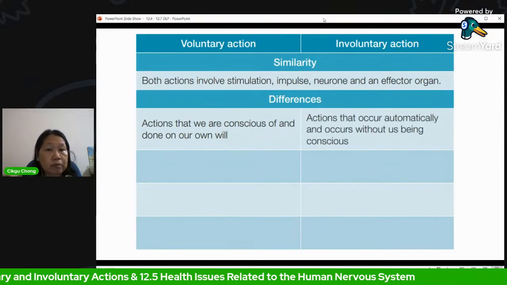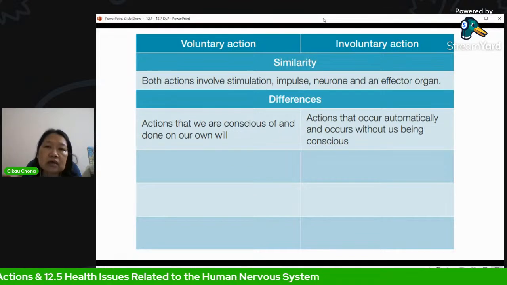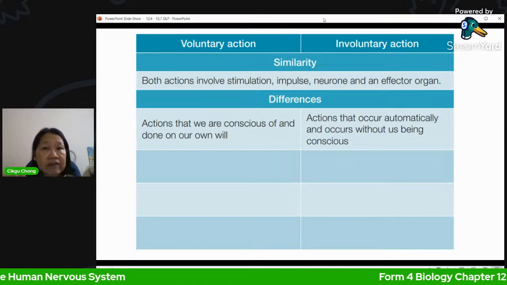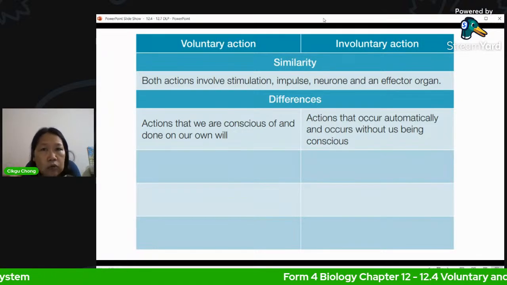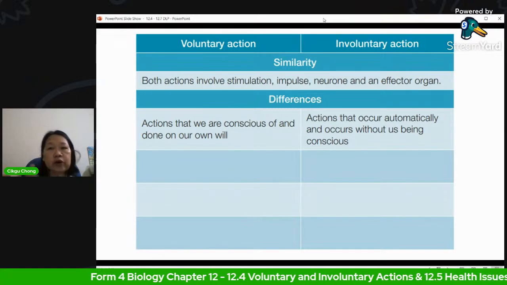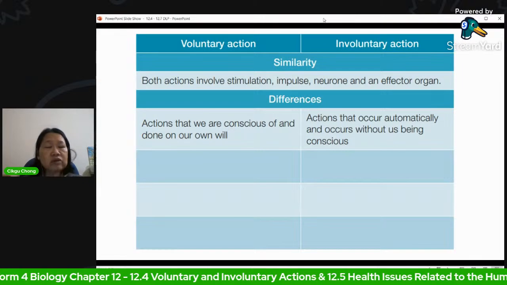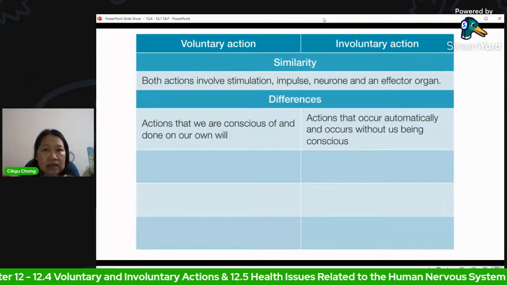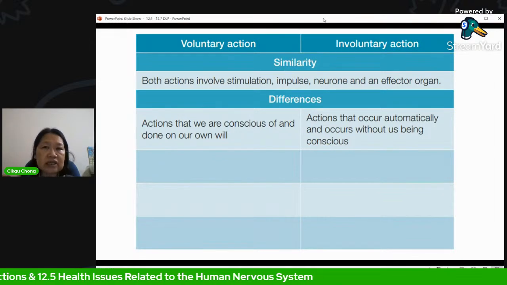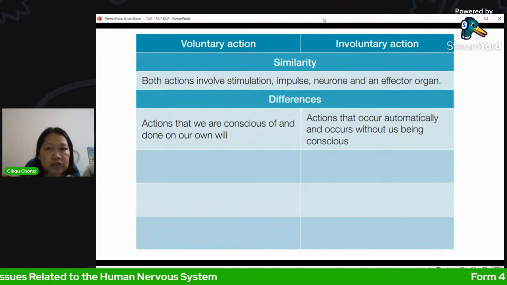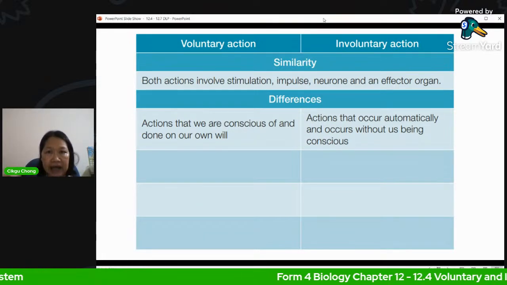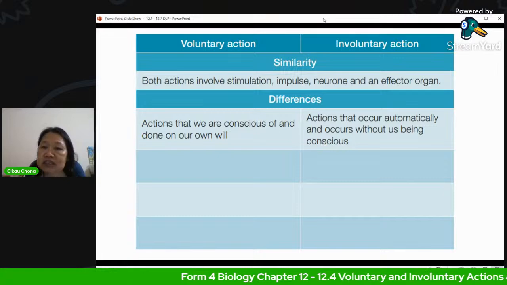The other one, the directly opposite, will be the actions that occur automatically, and we do not even have to think about it. In fact, it's not within our conscious control. Sometimes you don't even know what's happening. You pull your hand back when you feel something hot, right? You don't even need to command your muscles to contract. Your brain will be sending the impulse automatically to your effector organ, and the contraction will be there. You don't need to be conscious to tell your hand to pull back. So this is without conscious